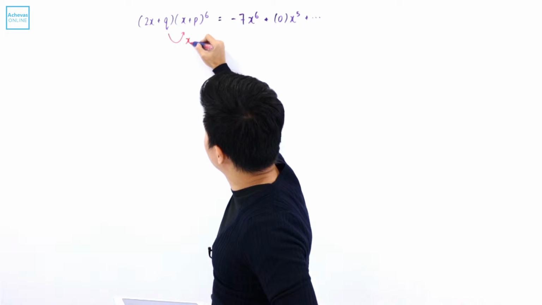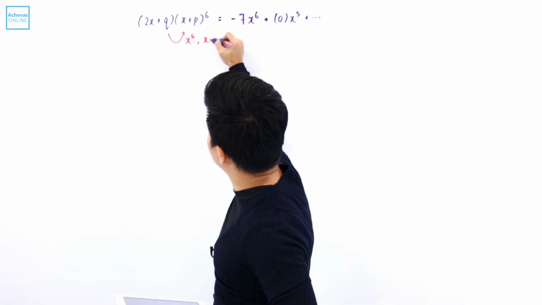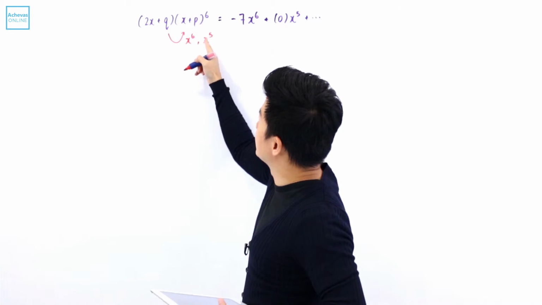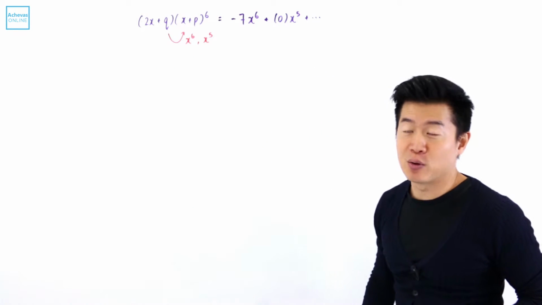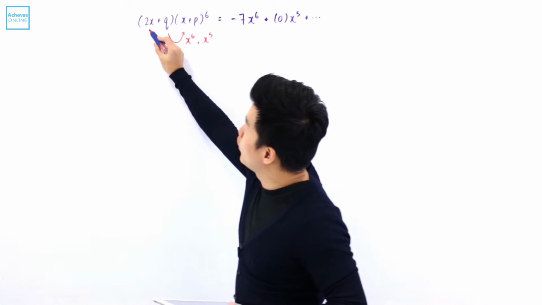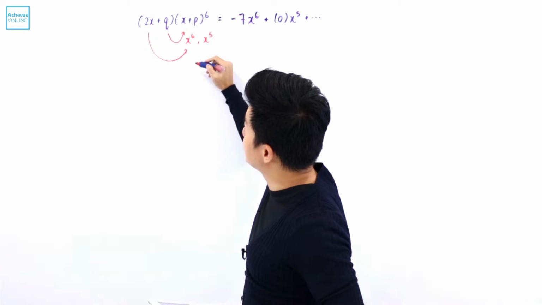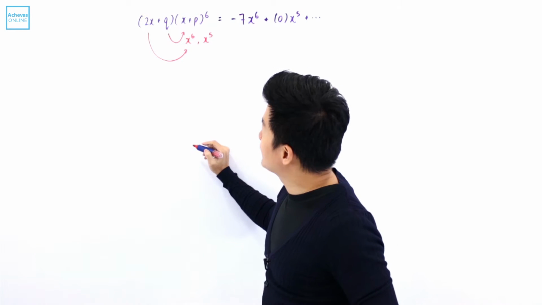Those terms must have x to the power of 6 and x to the power of 5 as its component, in order for this multiplied by this and this to get me x to the power of 6 and x to the power of 5. As for 2x, because there is already an x term, so if I were to multiply by this expression from this